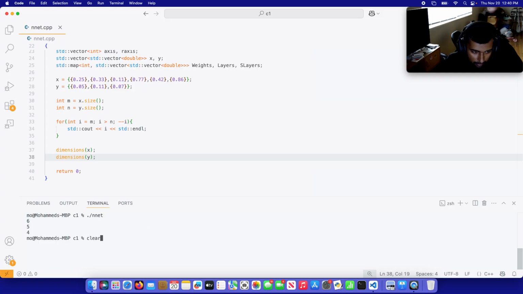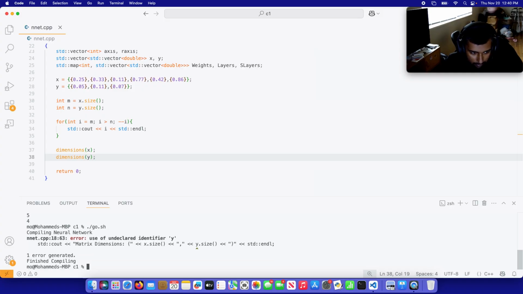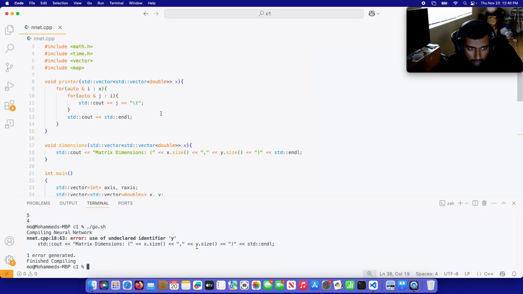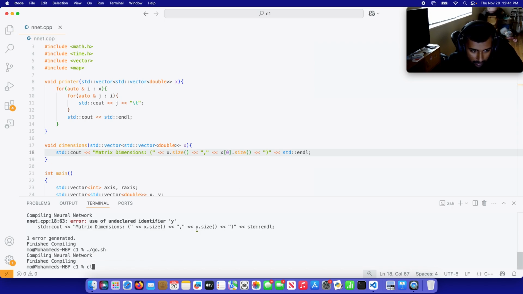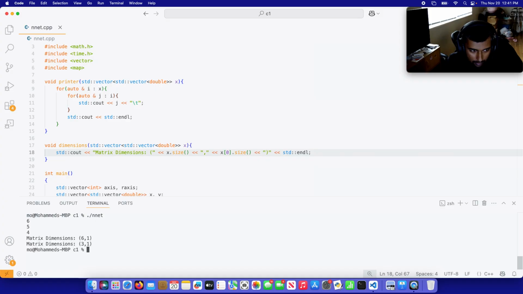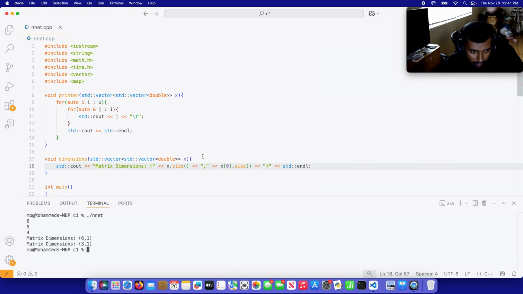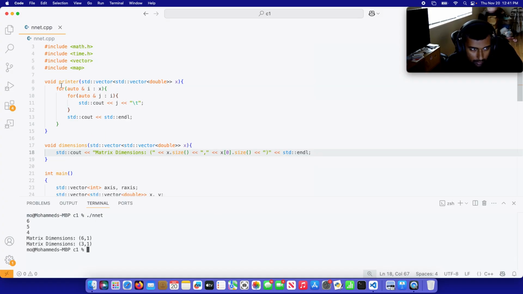And I'm going to use these a little bit later as well. Let me just compile these. Oh, right. This is actually supposed to be x of 0 dot size. So compile it, clear, dot slash endnet. Okay, so that's a 6 by 1 and that's a 3 by 1. Okay, so printer, dimensions,